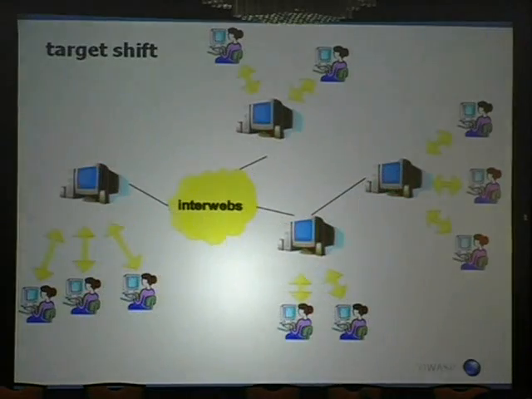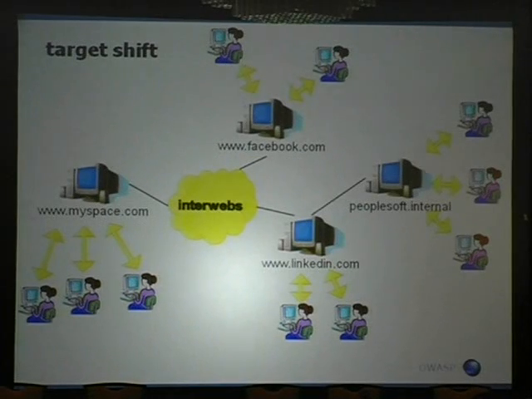Okay, so how are things different for a cross-site scripting worm? Let's attach some names to these machines. So there's MySpace over there. MySpace has been hit with a cross-site scripting worm. LinkedIn, Facebook, some other social networks. So if we infect a user,